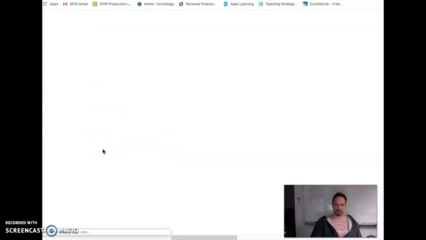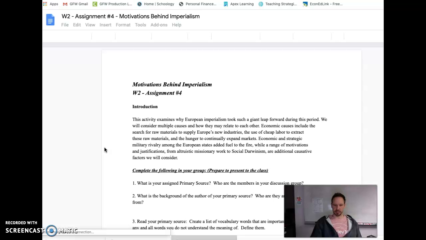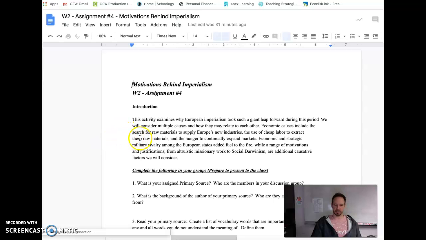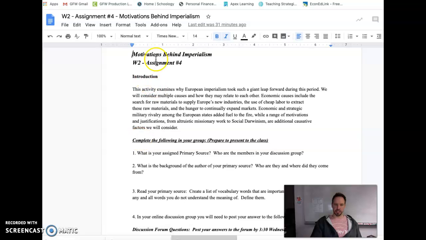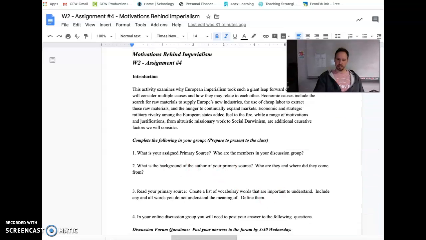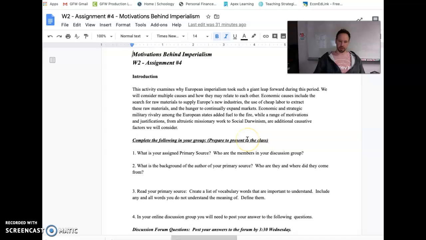For assignment number 4, we're going to be looking at some primary documents that illustrate the motivations behind imperialism. You're going to have a series of questions that are going to help you analyze or break down this primary source up here. And you're going to be doing this as part of a group. So you will read your primary source,